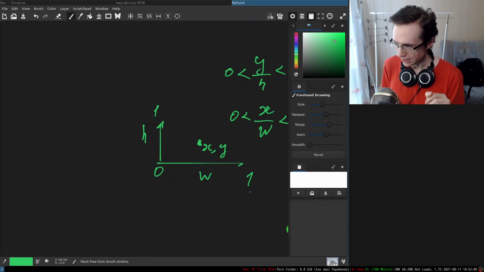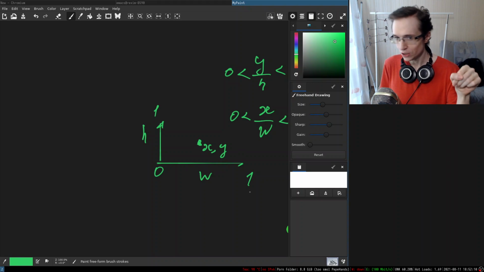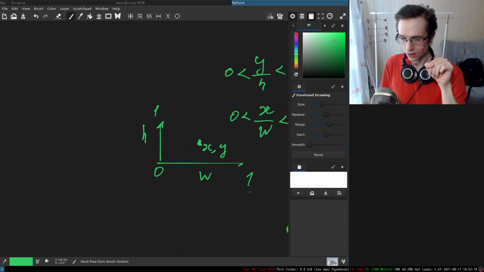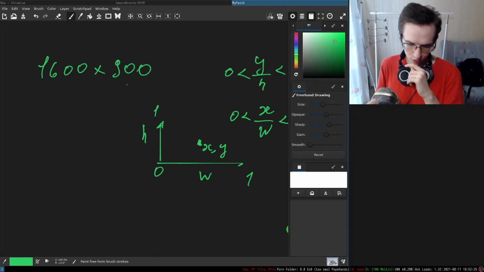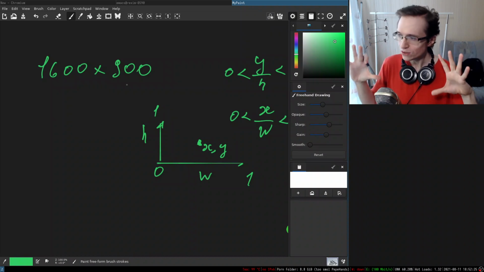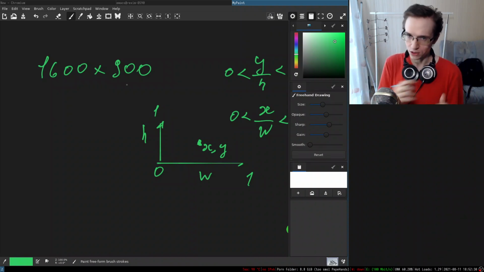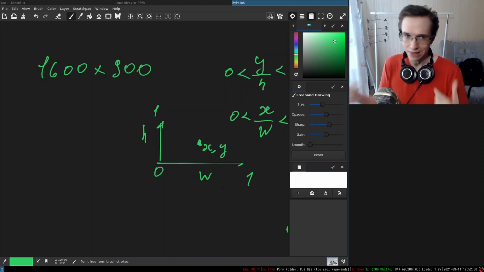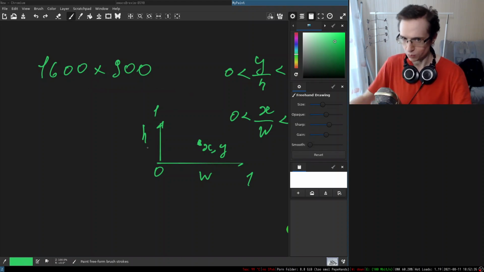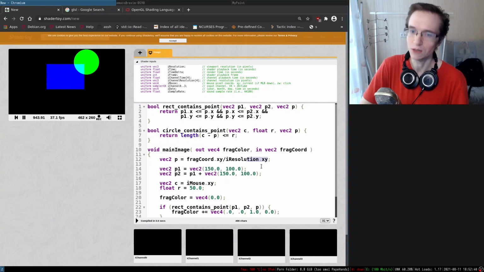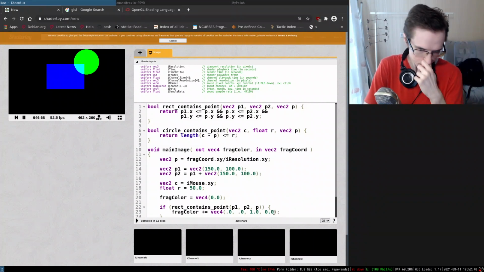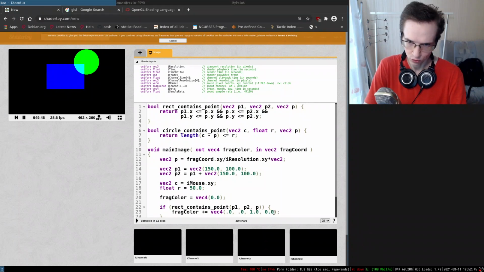Once we have normalized coordinates, we can map those coordinates to whatever resolution we want. We can, for instance, say that our resolution is always going to be 1600 by 900. No matter what the current resolution of the screen is, we always remap everything to that specific resolution by first normalizing everything and then multiplying it by this resolution. So we're remapping to our own constant resolution, and we do not depend on the variable resolution. So if in here I now multiply it by vec2